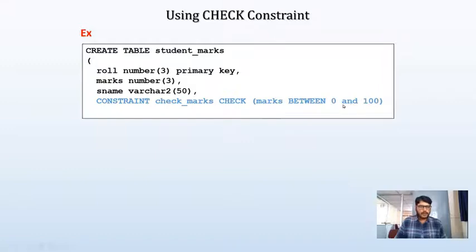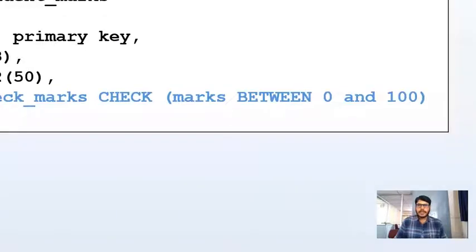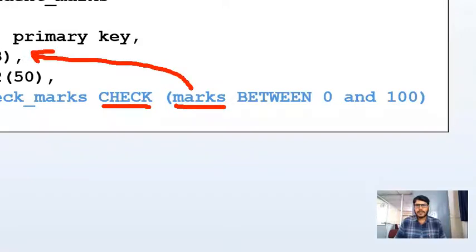Here you can see, I am mentioning the range here. Marks is the column name. I am implementing a check constraint for marks column. I have defined the marks column here already. Here I have defined what is marks column, right? For this marks column, now I want to implement what constraint, that is check constraint.